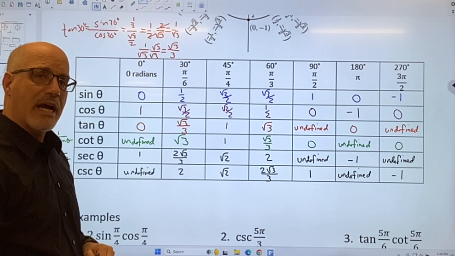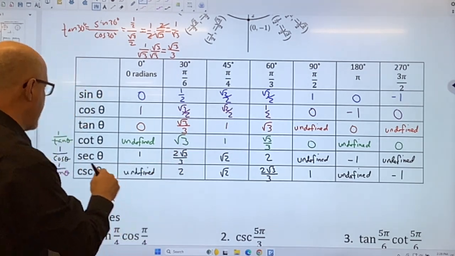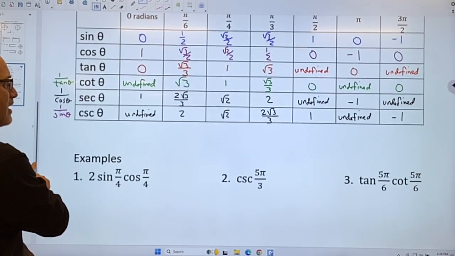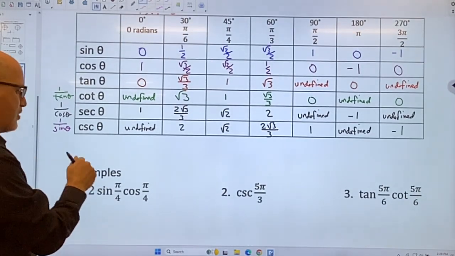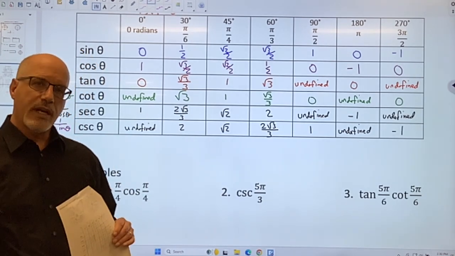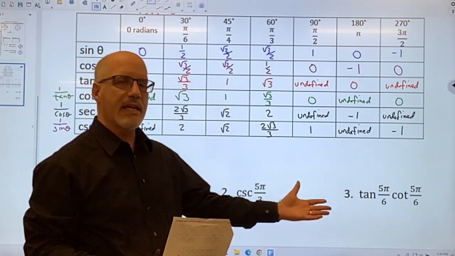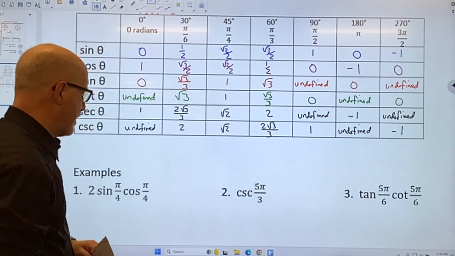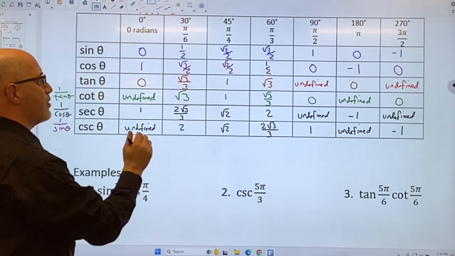Use that to help guide you in how you can know how to fill in this chart. Let's do some examples, looking at some standard trig functions and values. Now that we've created our chart, let's go ahead and do some standard problems with some of these angles and simplify them. So let's look at this one here where we've got 2 sine pi over 4 cosine pi over